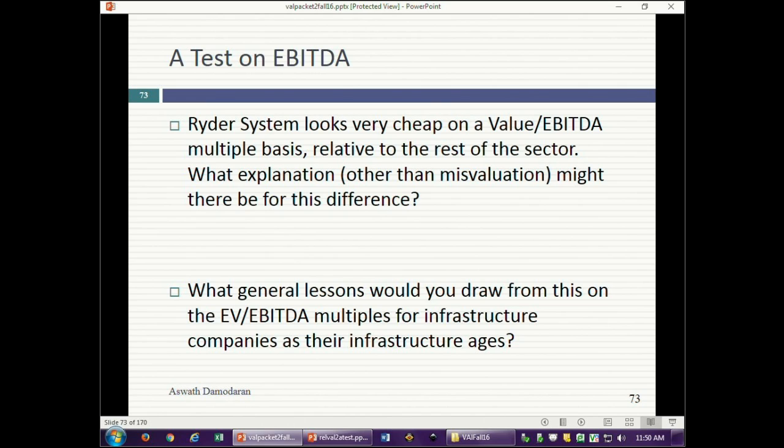But when you're pricing, you should always stop and ask those what. And that's my problem with pricing. It's not that people use multiples and comparables. That's perfectly okay. But they want to use multiples and comparables, but they don't want to control. Ask those very simple follow-up questions, which would allow them to decide whether a company is truly cheap or whether